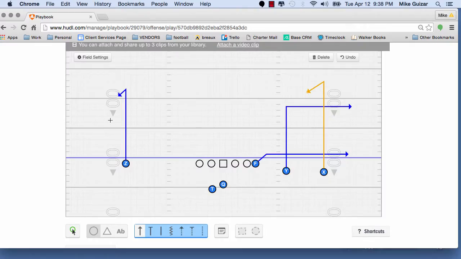So this is trips right tight, flood right, X curl. Now on this one, principles on the flood stay the same except X sells vert, then curls back hard inside. You want to get inside this out route. You don't want you guys to be on the same line of the ball. You want to curl back inside, hard inside,